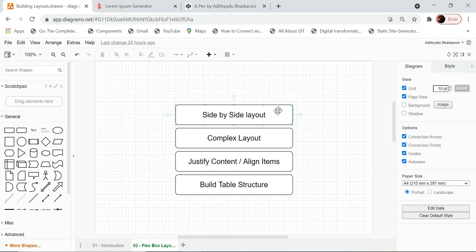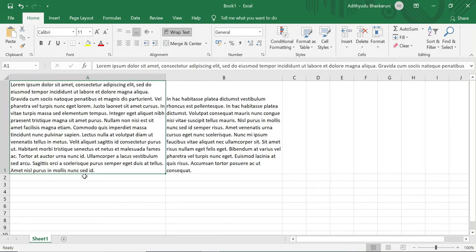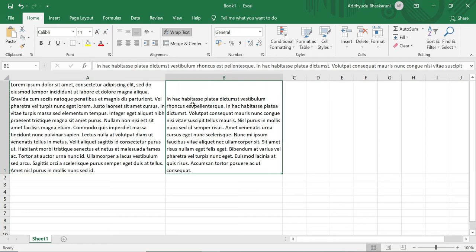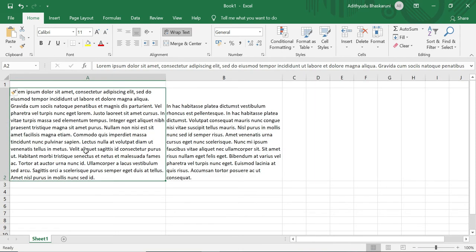So first, we are trying to build, let us suppose, a side-by-side layout, which would be something like this. There is a text element on the left and also a text element on the right, and they have to come side by side. If this is the requirement, then how do we do it? The first thing we need to do is to write the HTML code for this, right? So how do we think when we are trying to implement anything in Flexbox? How do we think to write the HTML code? That is what we are going to learn now.